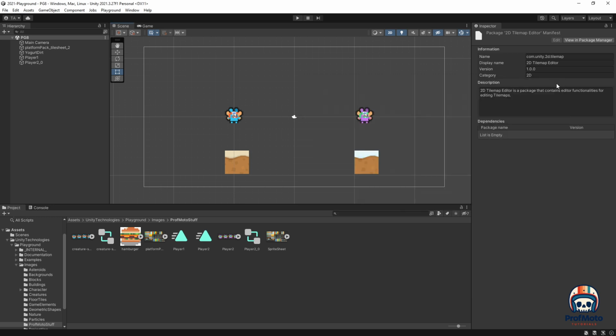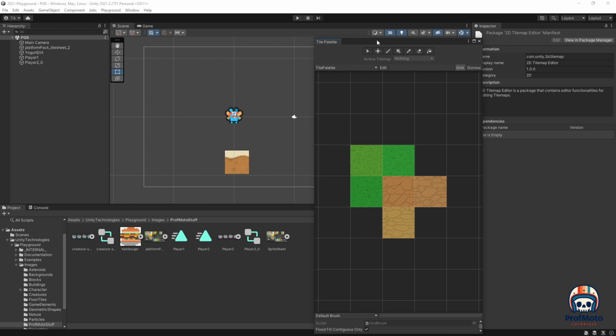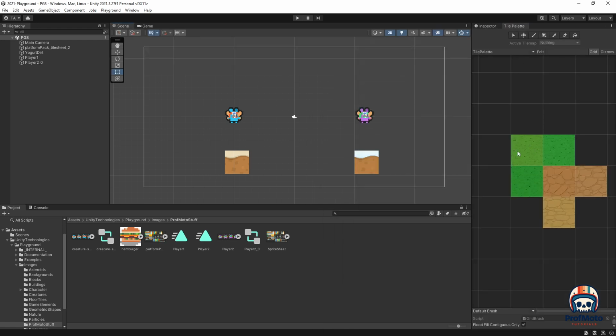This should allow us to go to Window, 2D, Tile Palette. And I like to just dock my tile palette with my inspector. You can customize this palette, but for today's tutorial, we're just going to use the basics of this tile map. And in order to use this, we need to first create an object to receive the tile maps